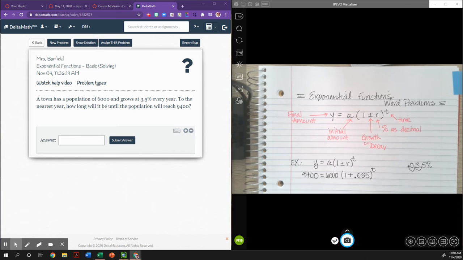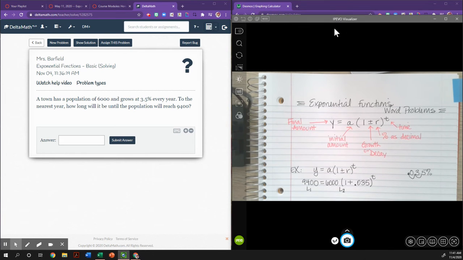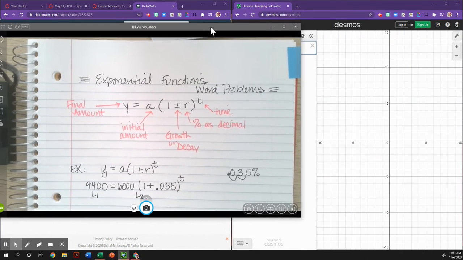So the reason we're going to use Desmos is because you guys don't have any skills mathematically to solve an equation where the variable is in the exponent value. Okay, so this is where we need to look at the graph. All right, so we're going to put this one into line 1, and then we're going to put the right hand side into line 2. All right, so if I slide this over here, okay,